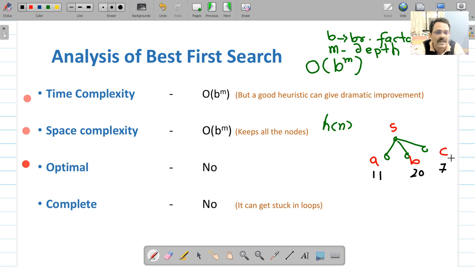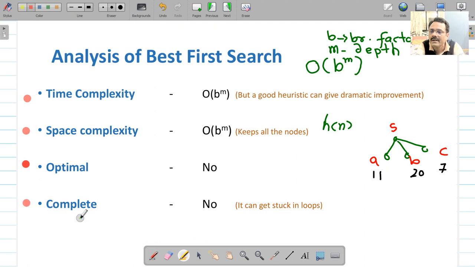So if this calculated cost is precise and accurate, then and only then will the algorithm give you the optimal solution. Otherwise, there might be a case where A is better than C if you had used a better cost estimate. Because ultimately it's an estimate, the algorithm may not give you the optimal solution. It may not return the shorter solution. If your heuristic function is good, in that particular case it may return the optimal solution.